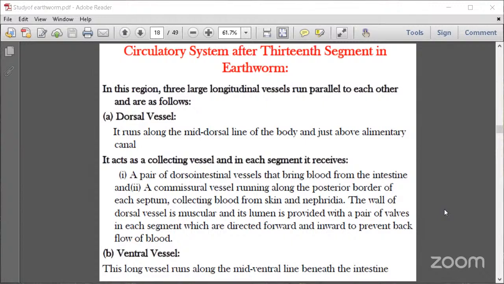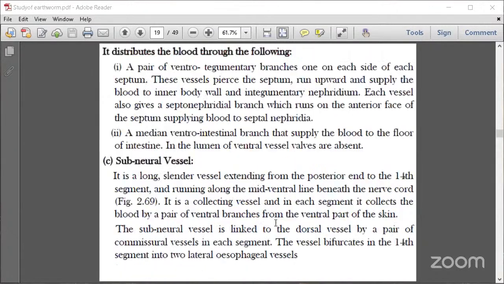Ventral vessel. This long vessel runs along the mid-ventral line beneath the intestine and distributes the blood through a pair of ventro-tegumentary branches, one on each side of each septum. These vessels pierce the septum, run upward and supply the blood to the inner body wall and